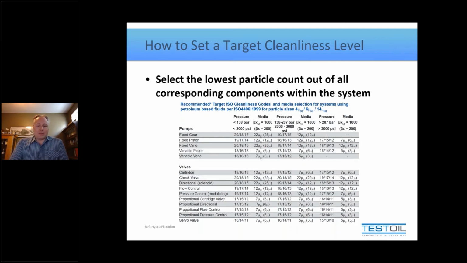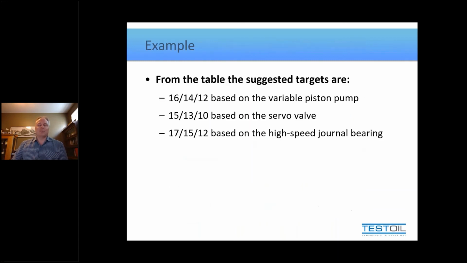And using this particular chart, like I said, it's a bit better than some of the other ones you see out there because it does have filtration requirements on it. It suggests that we need to use a 5 micron beta 1000 filter or a 3 micron beta 200 filter to achieve this particular target. And that's kind of my big point about targets. There's sort of two things you can take away from this. One is that it's a target, not a limit, which I'll address in a second. But the other one is the tightest component, the tightest clearances, dictates the overall cleanliness. In this case, it was the servo valve at 15, 13, 10. So that's what is the target cleanliness for the whole system.